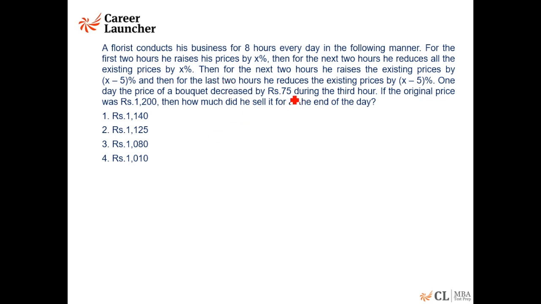Okay. Now what is the reduction? Reduction is 75 rupees on 1200 rupees. So what is 75 by 1200? Okay. It is 25 into 3, 25 into 4 is 100 and 48. Right? Reduction is 1 by 16. Okay. So can I say X square by 100% should be equal to 1 by 16 or 6.25%. Right? 1 by 16 is, okay.